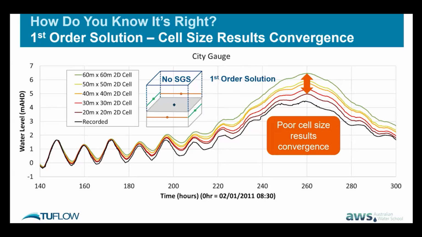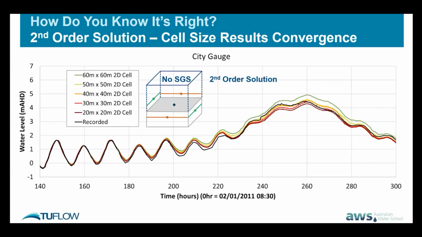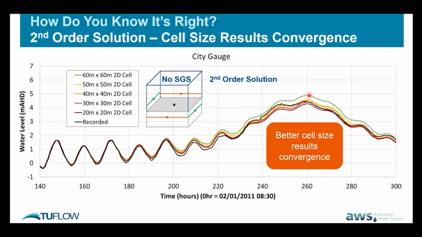So if you look at the first order solution, now we look at the second order solution, you can see that the different model cell sizes are more tightly spaced. Once again, the 60 meter is sort of sitting outside the others. So that's really saying we need to be certainly less than 60 meter cell size for this large river system. But you could probably run this model quite comfortably at the 30 meter or even maybe the 40 meter with a second order solution. The other thing is that these runs were carried out with just a single elevation point